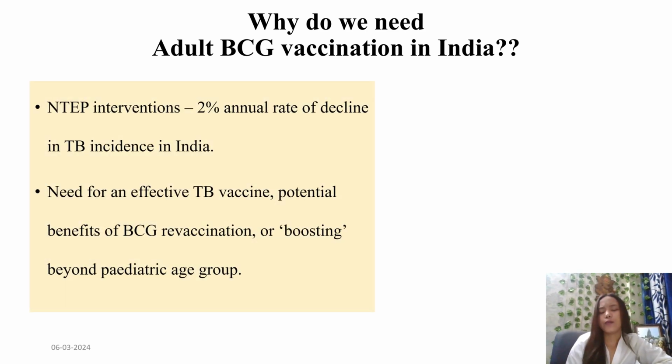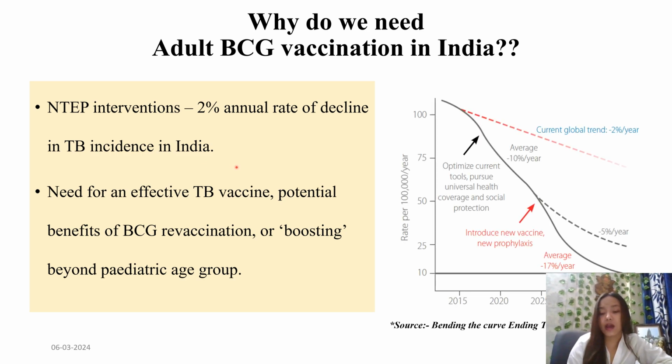But till now, all NTP interventions have cumulatively resulted in just around 2% annual rate of decline in TB incidence in India, whereas we need around 17% decline in the TB incidence per year in India to achieve the global SDG 2030 target. Hence, there was a perceived need for an effective TB vaccine. So the focus has shifted to BCG with potential benefits of BCG revaccination or boosting beyond the pediatric age